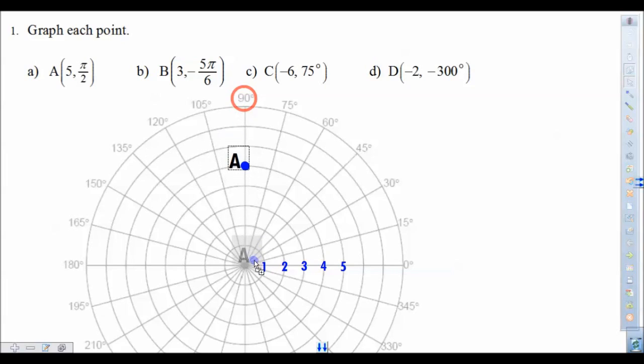What we did with A just one more time, we start here, go 1, 2, 3, 4, 5, and rotate into that direction a total of 90 degrees. Okay, time for point B. Negative 5 pi over 6, converting that one on the fly, that should be negative 150 degrees. So if we wanted to rotate negative 150 degrees,